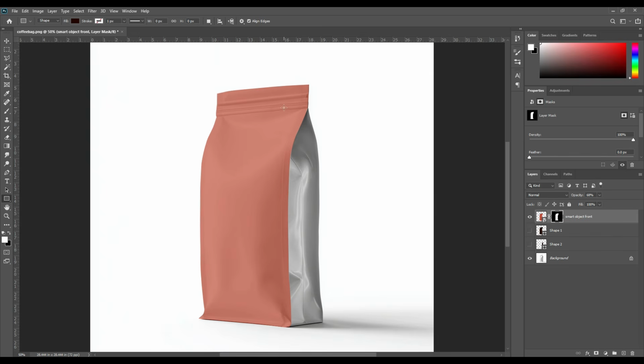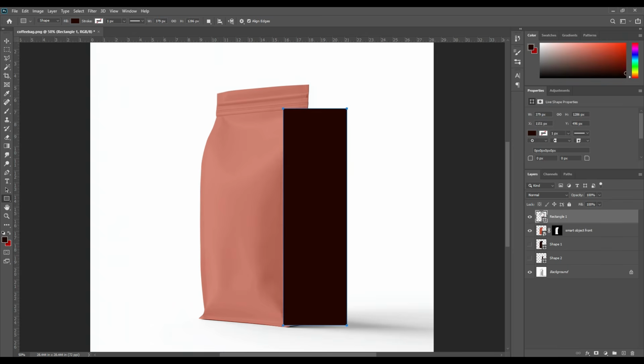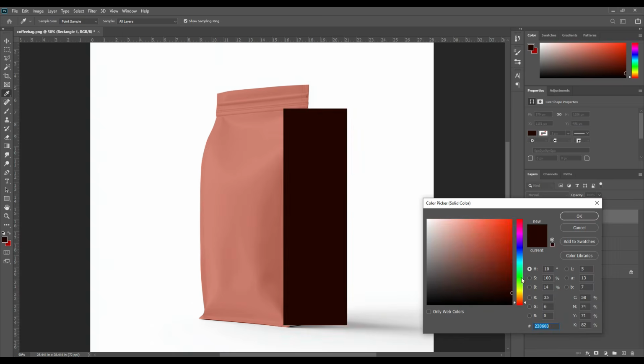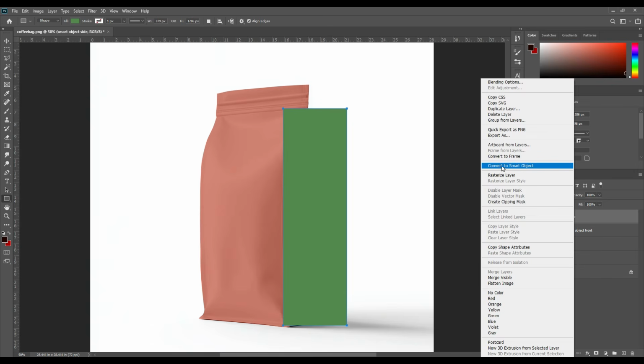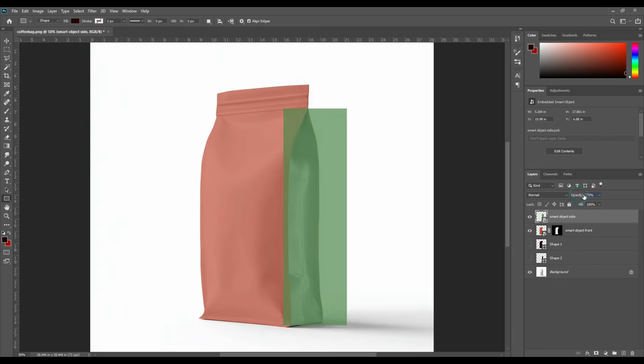Again, draw a rectangle for the side part. Change the rectangle color. Rename the layer Smart Object Side. Right click on it and select the Convert to Smart Object option. Reduce the layer opacity